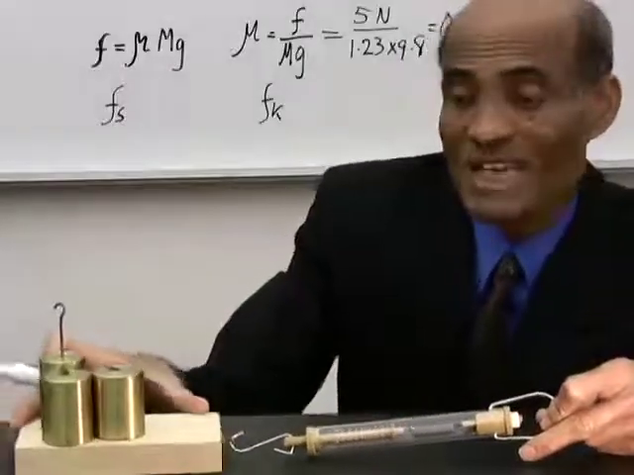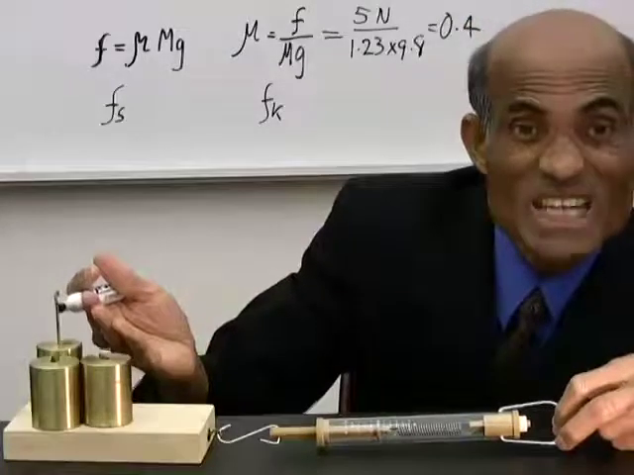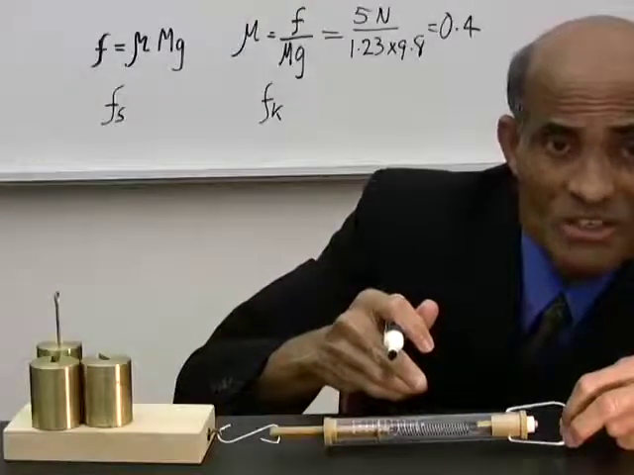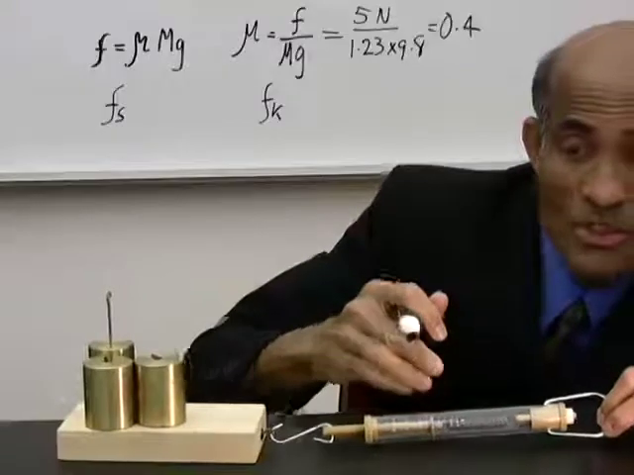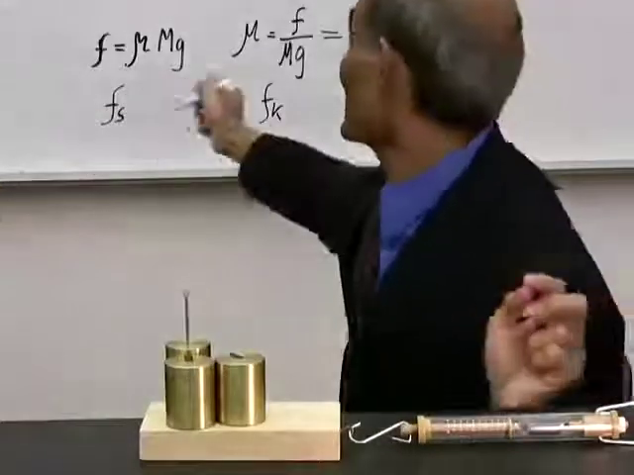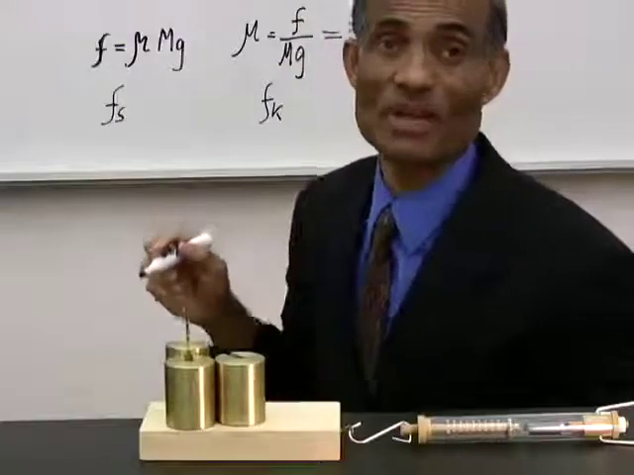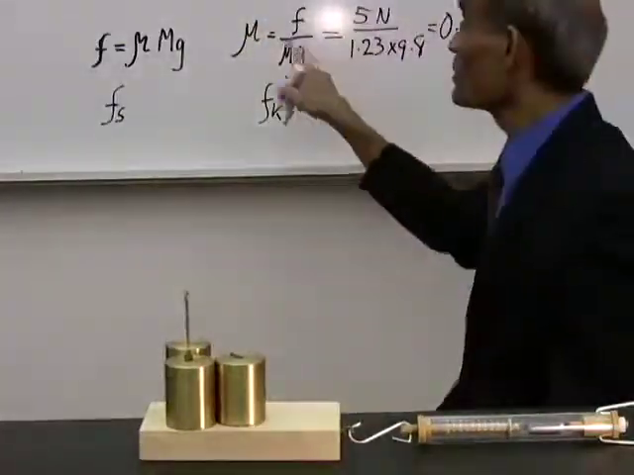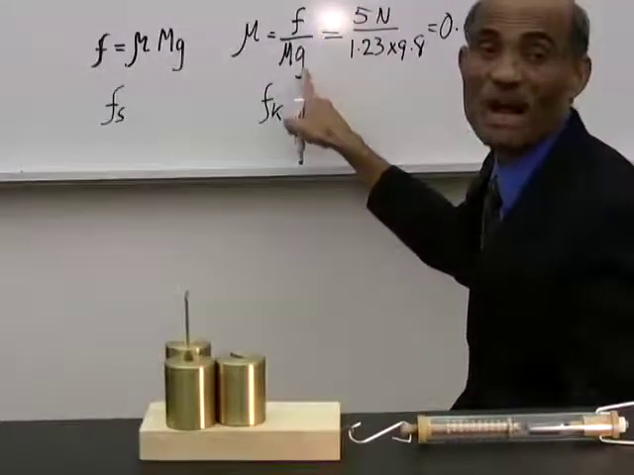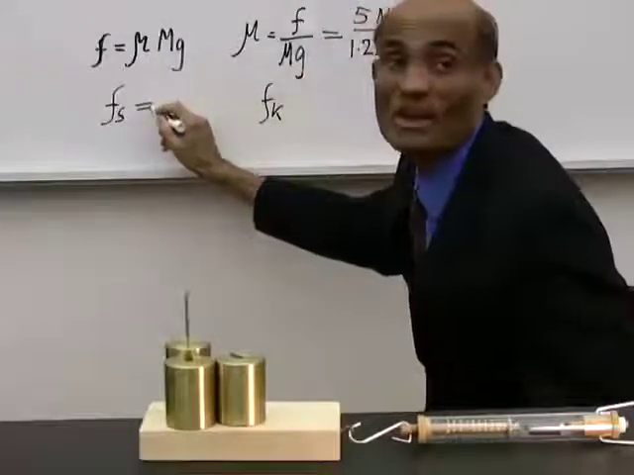In order to set an object in motion, you need to overcome the force of static friction, which is much greater. Now this is the force of static friction. The moment it moves, you can see the scale reads a lesser amount. So the force of kinetic friction is less than the force of static friction. Now, if that is the case, you can see mu is the force of limiting friction divided by the normal force. That means the force of static friction can now be written as